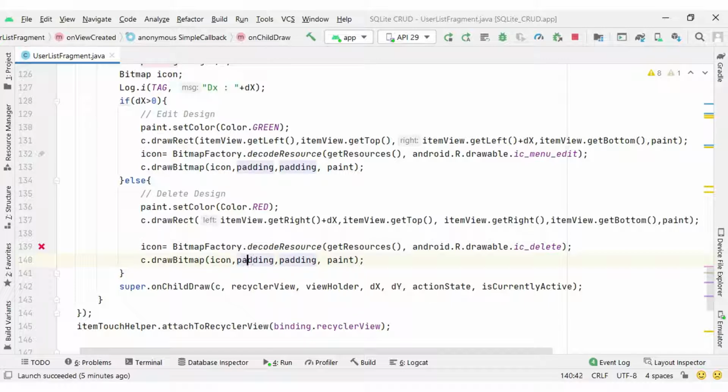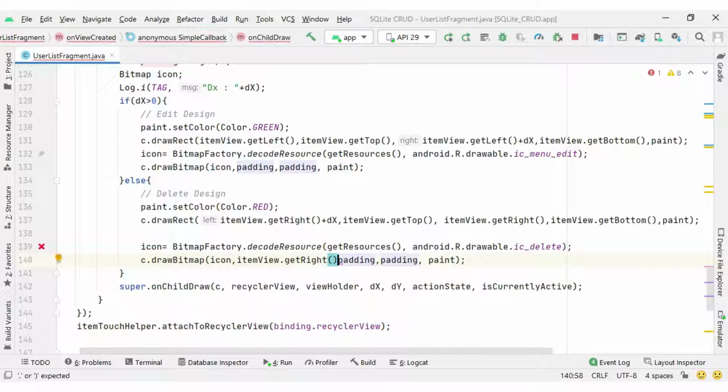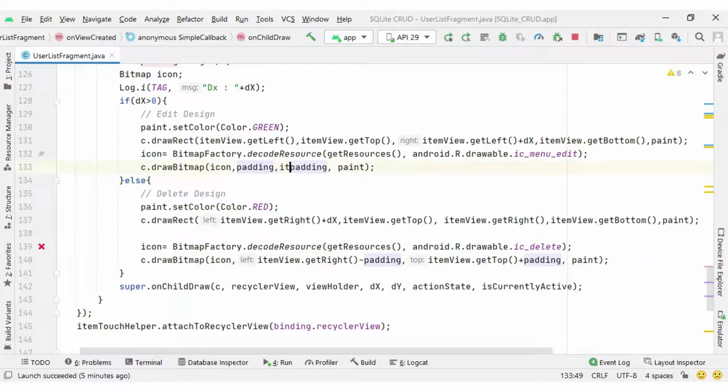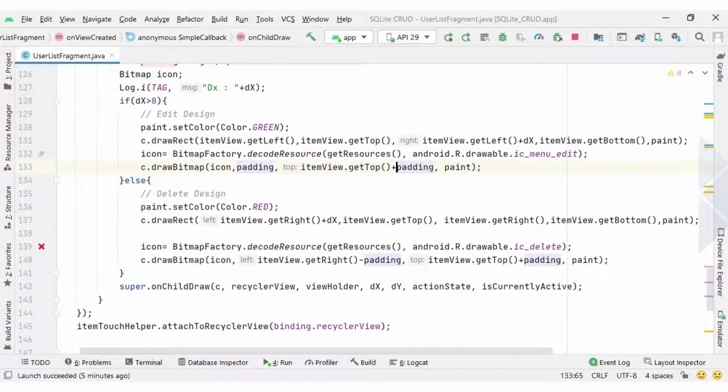So the x position will be itemView dot getRight, so it will give the right position minus padding. Okay, and for the y position we can have itemView dot getTop plus padding. Similarly here also we need to provide itemView dot getTop plus padding. Okay, so this will set the position of our icon.